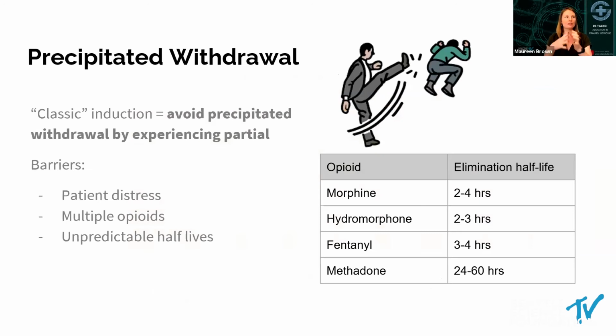So Lisa alluded to this a little bit, but we'll dive in a little bit more to how we have traditionally navigated this problem. So if you picture a patient who has some opiate on board, let's say they have hydrocodone on board, and you were to introduce a lot of buprenorphine to that patient's system, that buprenorphine would displace all of the hydrocodone and immediately trigger a very unpleasant sensation, which is called precipitated withdrawal. All of the withdrawal symptoms happen right away.